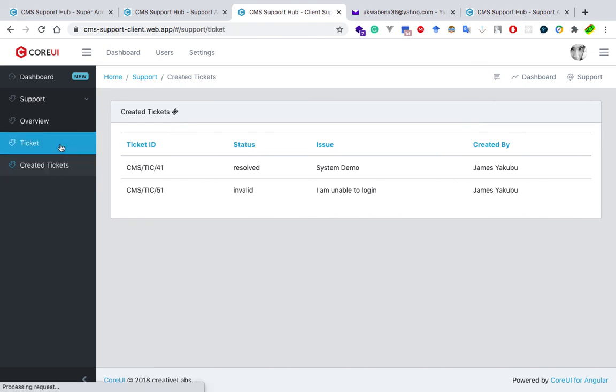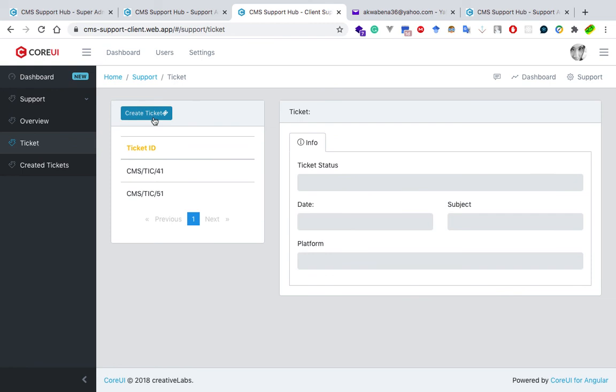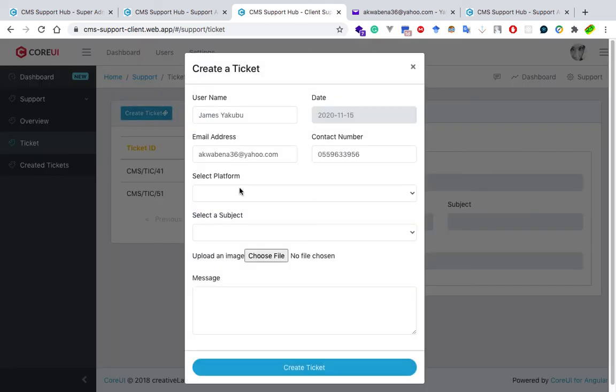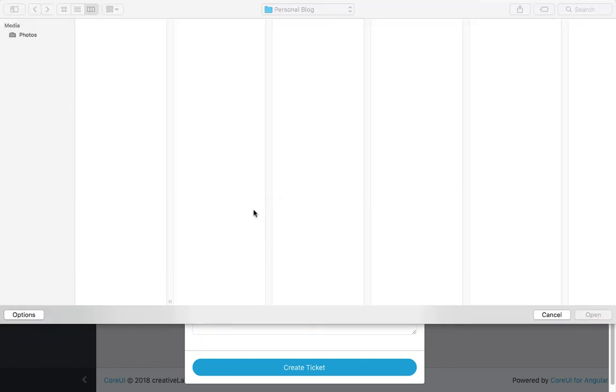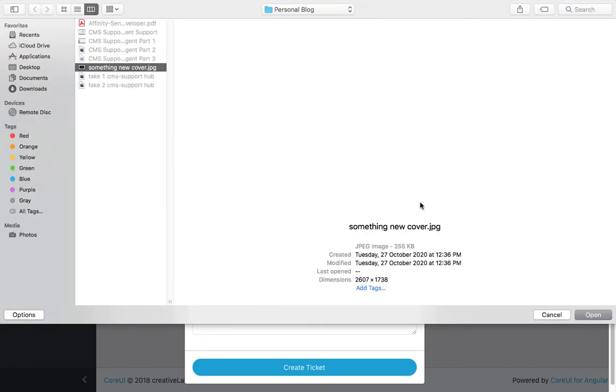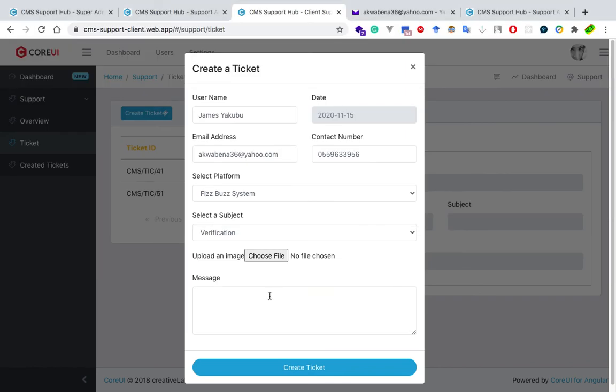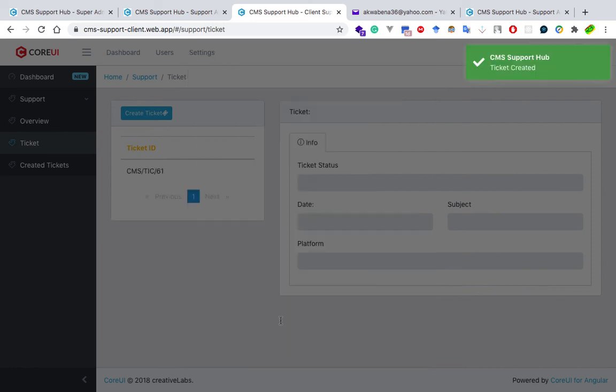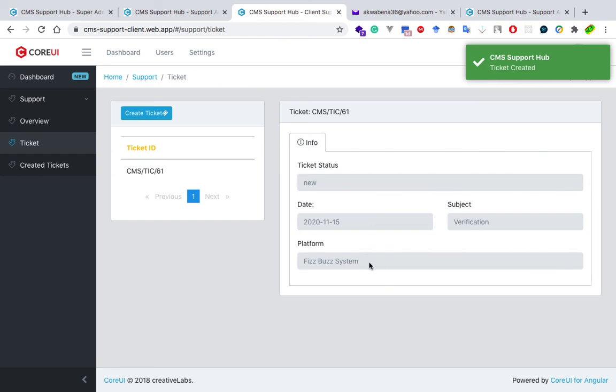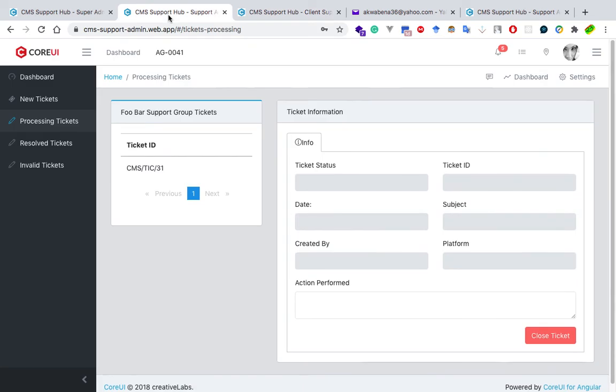I'll create a new ticket and address it to the FizzBuzz group. So just a random ticket. Choose anything and something new. Then we'll just type a message. 1, 2, 3 FizzBuzz. Then we'll click on create ticket. So this ticket has been created. It's been issued for the FizzBuzz system, and the support admin that we just created